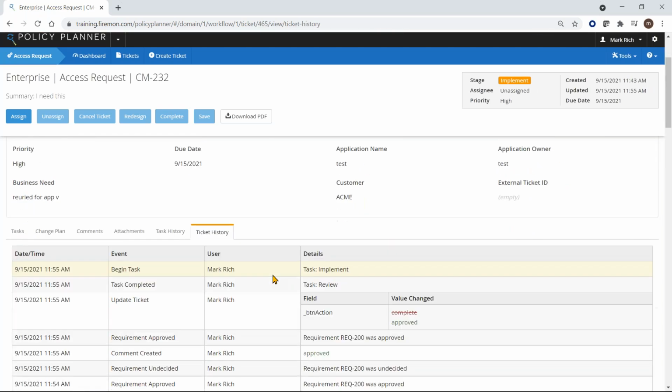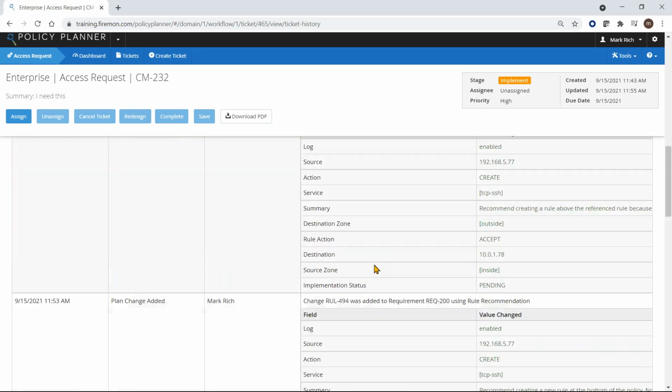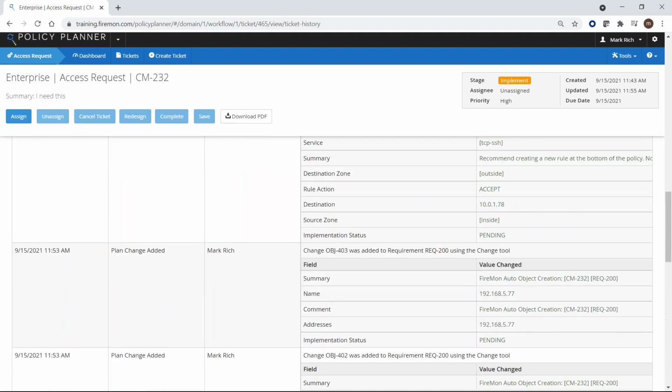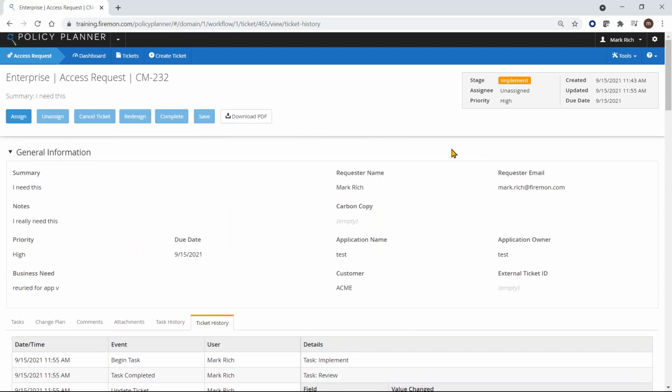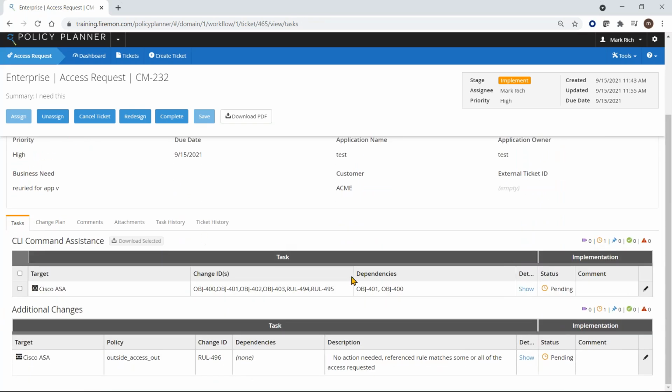Again, if I look at the selected ticket history here, you can see that now I'm down to the implement stage, and it was approved prior. So I've got that full audit trail sitting here waiting for me if I want to see it. So I'll put my firewall guy hat back on, and I will assign this ticket to myself to implement it. And once I've done that, you can see that it's still in the implement stage, and I've now assigned it to myself. And again, I can come and look at the change plan